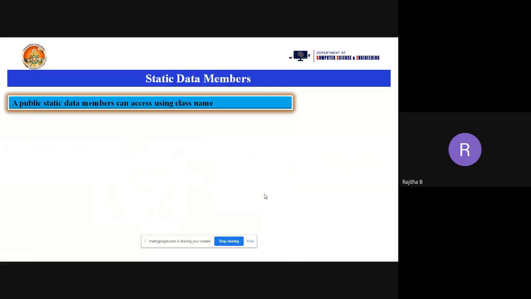Suppose you are declaring the static data member using the public access specifier. How can we access that static data member outside the class? Now, can anyone tell me how can we access the normal data member outside the class? Is there any syntax to access the normal data member outside the class if it is public?